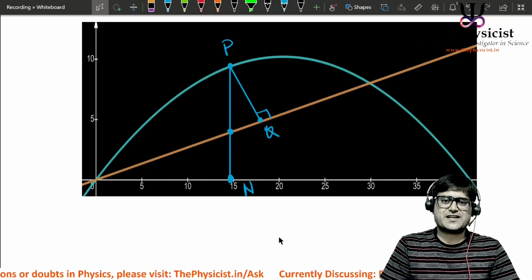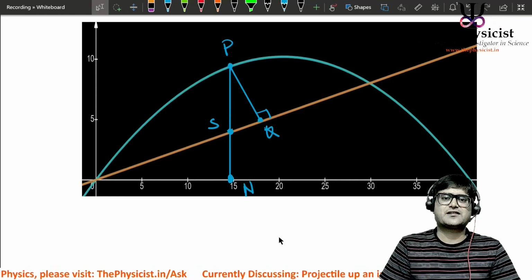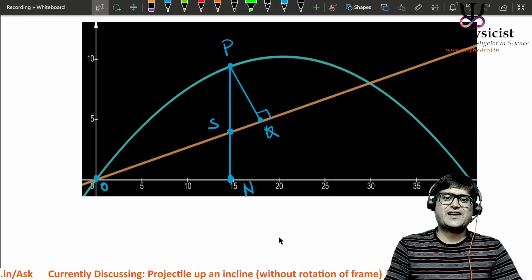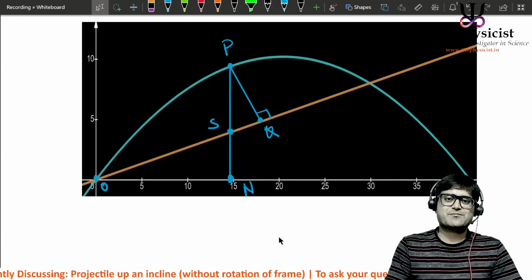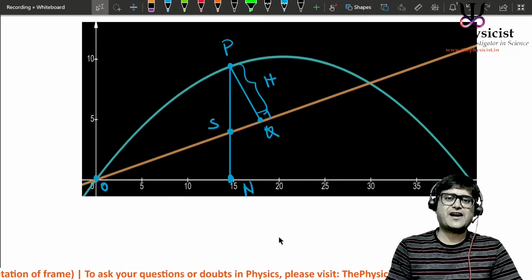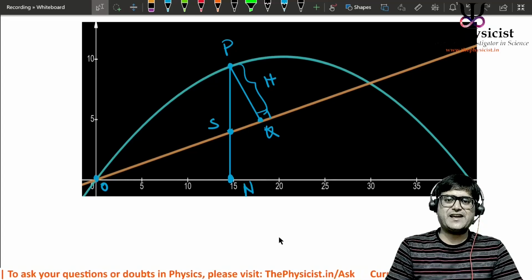Let's call this point S, and this point is origin O. With all of that, this is the maximum height. PQ is the H. This PQ part is the maximum height H. How would I find it? If I could somehow find PS,